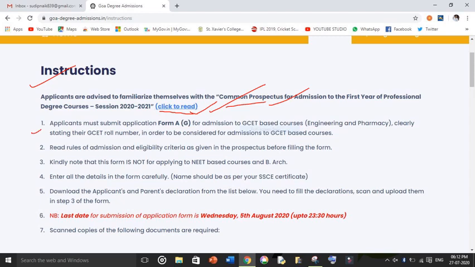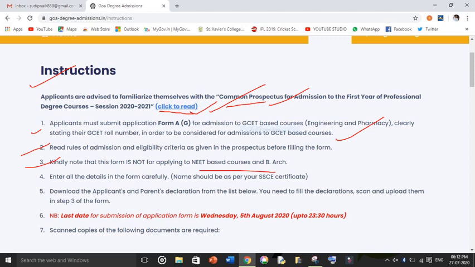Here I'm going to tell you the instructions in brief, because I'm going to show you everything on how to do it. First thing, these are only for engineering and pharmacy courses. As the third point says, it is not for NEET-based courses or BArch courses, because the NEET exam is not yet done, so we will cover that afterwards. This is only for GSET, engineering and pharmacy courses.